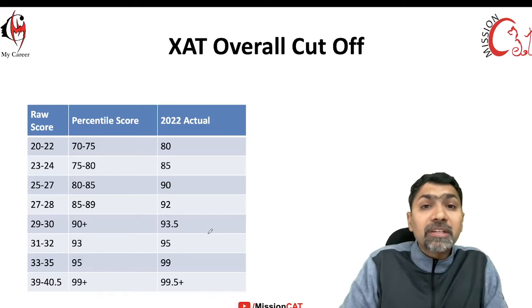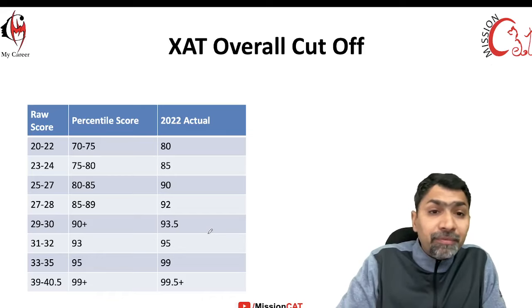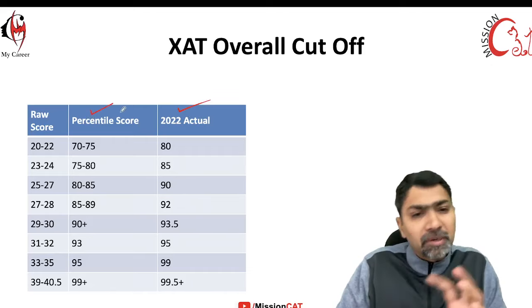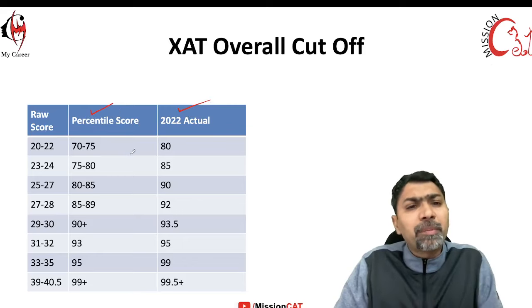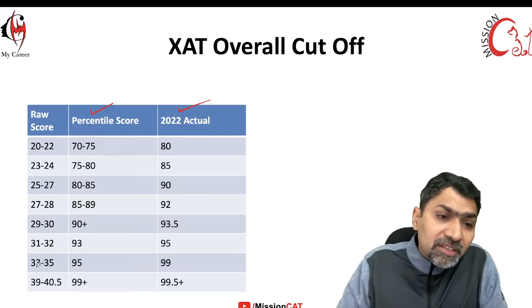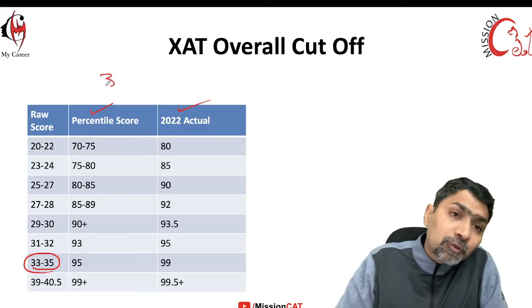If we go and see the overall cutoff, you will find what is happening with the overall cutoff: this is the actual for 2022, and this is what it is on an average. Last year the paper was a bit tough, so the cutoffs went a bit low. Overall what you need is this much score. A score of 35 means you are in. You will definitely get a call from BM if you cross 35 in the examination, because the cutoff last year was 95. The BM program cutoff was 93 in fact, for male candidates 93, and the individual cutoffs were 75, 72, 80.